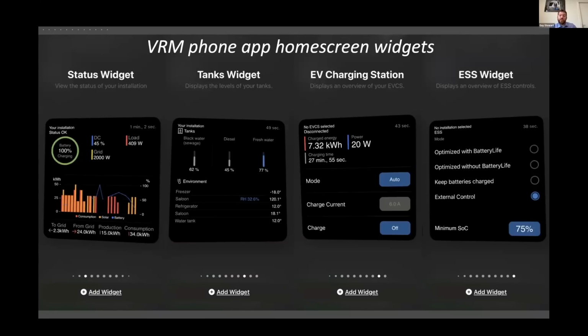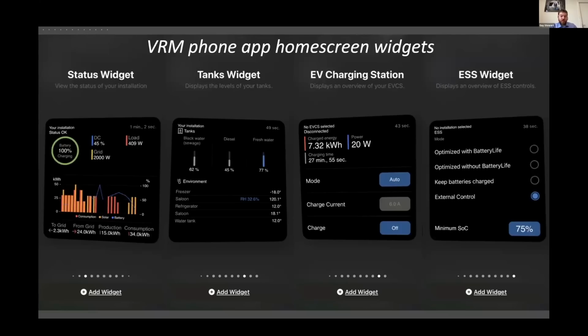There's also some controls. If you've got an ESS system, for instance, you can now easily tell your system to charge. So if you're expecting a storm to come in, you can adjust your system to keep the batteries charged from the grid and make sure you've got sufficient supply in case the grid power gets cut out. If you've got one of our vehicle charging systems, there's a new product to the market as well. You can also control the charging on that. You can force your car to charge, for instance, or set the charge current limit. Also, you can see how much charge has gone into the battery of the car and how much power is going in right now and how long it's been charging for.